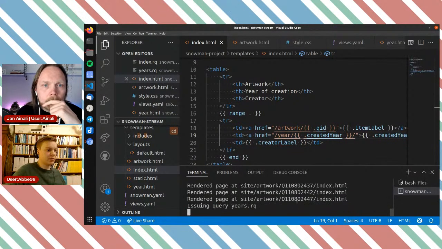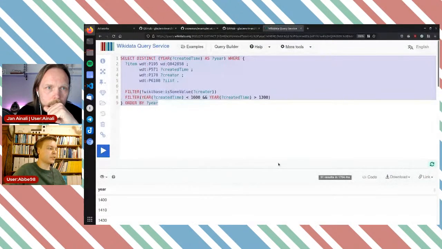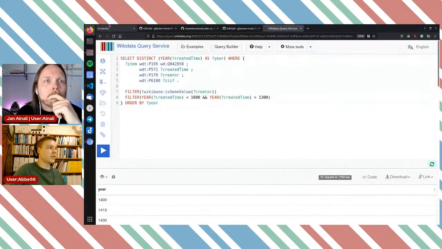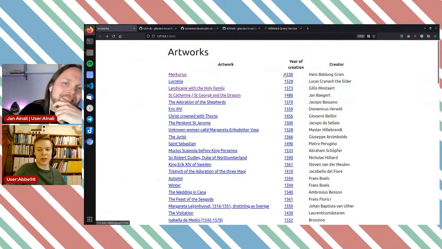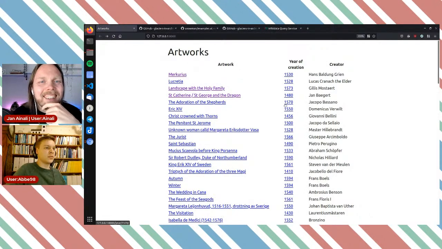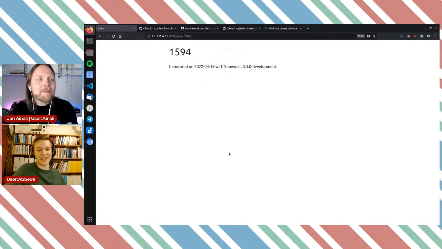Let's run it. Issuing years, it's gonna take a second, but once it ran the first time, it got it. Still no errors. I'm hoping we will get some errors, so we might do some debugging. So let's see, do we have anything that, yeah, for example, here I can see we got 2 of the same, so I should be able to click that. And we just get the year. But now I want to list all of the artworks with that year.